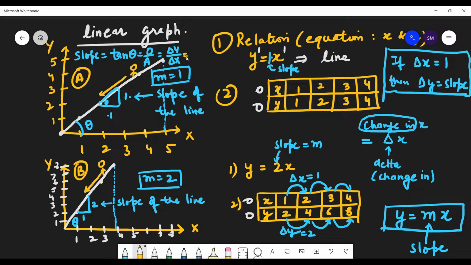So if I put here, like a definition, delta x equals to 1, change in x is 1, so you will get here delta y. So what will the slope be equal to, students? If you put delta x equals to 1, what will the slope be equal to? Delta y. Yes or no? Yes. सर फिर से बता दो एक बार. Okay.